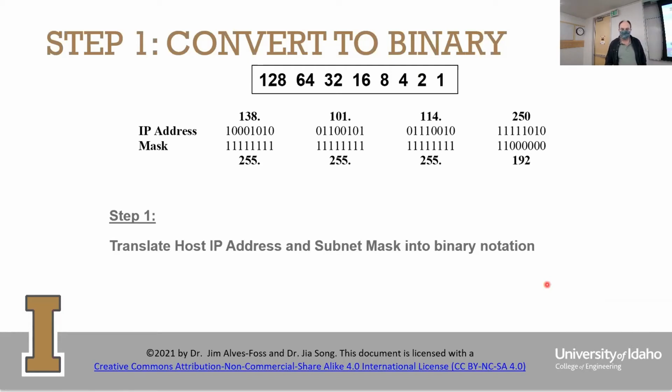Okay. Let's look at the IP address 138.101.114.250. That was my host. Let's convert this all to 1s and 0s, binary. So 138 looks like this, 101 looks like this, etc. We have our mask of 1s. Notice the 2 here for the 192. Okay, because that's